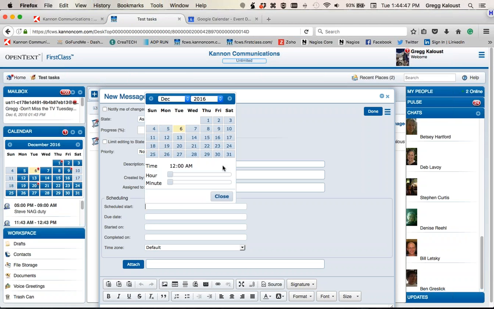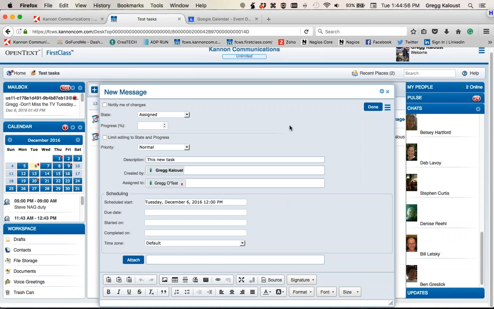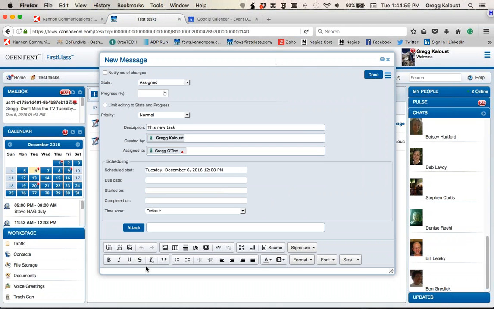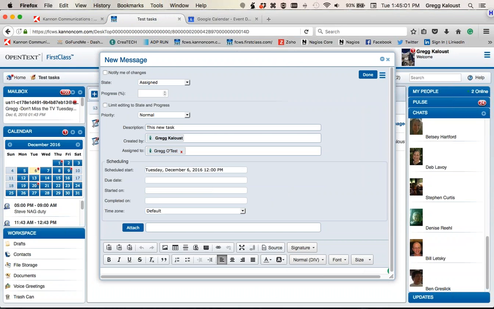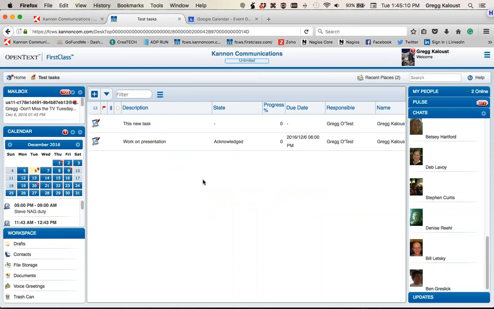tell it when it's supposed to start, et cetera, including notes at the bottom of the window and so on. So there's a full editor here, so I can put full details at the bottom. I can attach files to it and so on. And when I'm done, that will appear in this container that I set up on the desktop of the user that this was assigned to. And when they open it up,